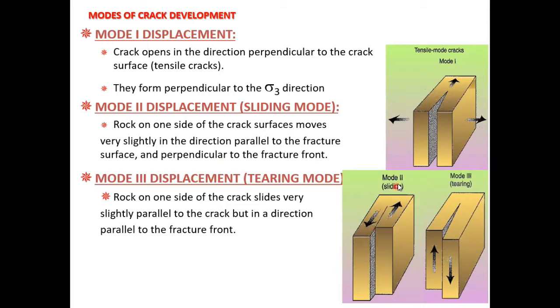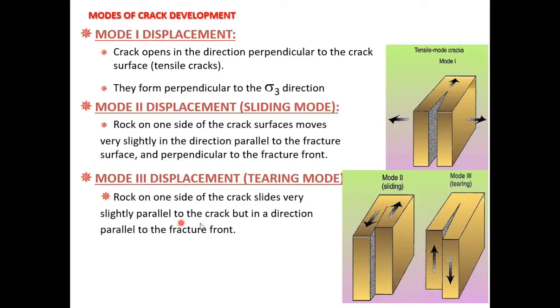As this fracture propagates in one direction, displacement can increase with increasing length of the joint in one direction. And mode 3 is a different type of motion. Instead of sliding along the strike, material can be deforming in a tearing action. So in tearing mode,